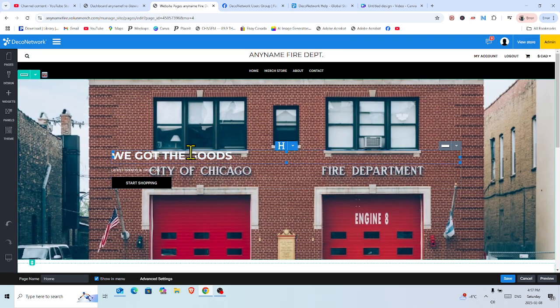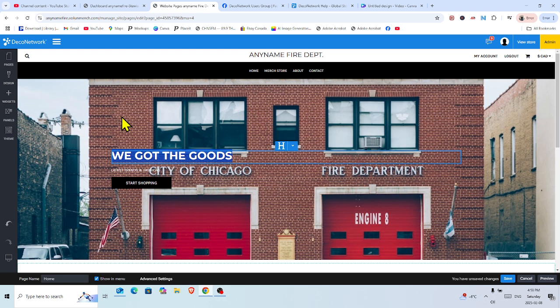Now what we're going to do is edit the text that's on this page. Anytime you mouse over, you don't want to do this on a phone. It'll probably be pretty difficult, but anyways, you want to mouse over top of it. Once you mouse over top of it, you're going to see it highlighted. Then you can do whatever you want with it. So we're going to highlight this,